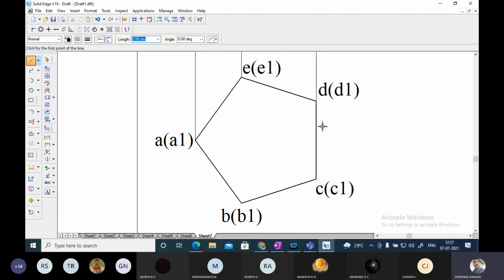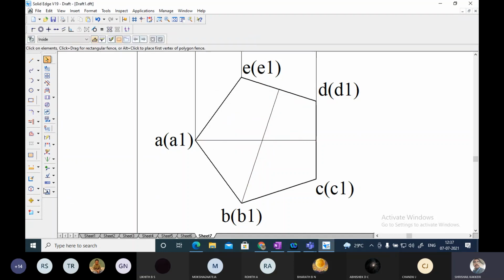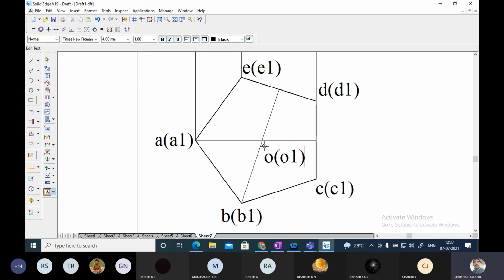Another one thing also I left. You take any two opposite sides midpoint and draw to the end, and take the midpoint and draw to the end. So we'll get this intersection. That particular intersection point can be called as O in bracket O1. Okay, this particular point.